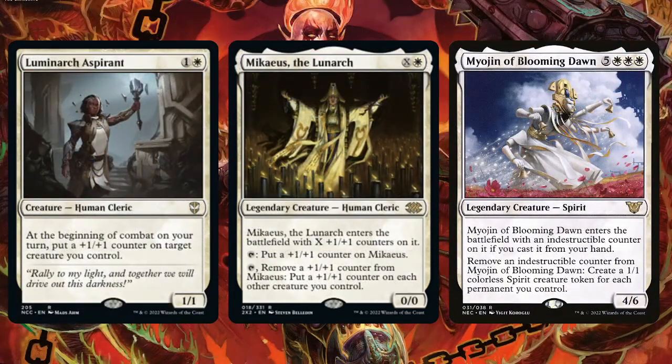Luminarch Aspirant, one of the best ways of getting +1/+1 counters because it doesn't really cost anything. It's going to happen immediately, assuming you play on pre-combat main. Mikaeus is another kind of Luminarch Aspirant. You're just going to slowly tick it up, and then when the time is right, you're going to slowly tick